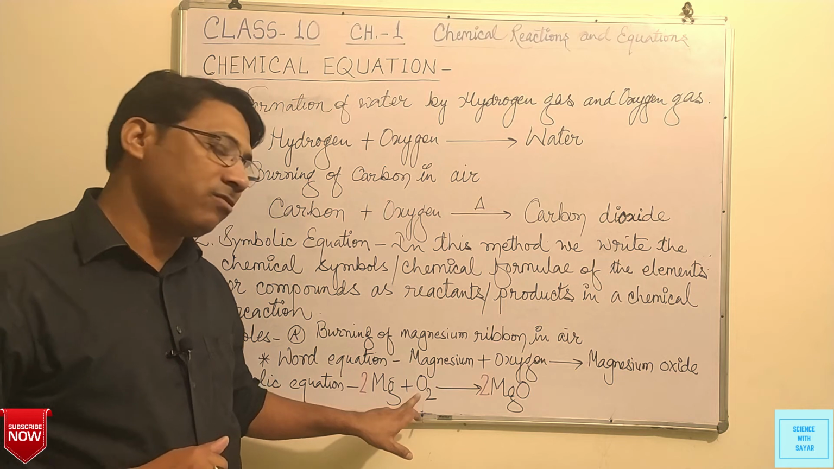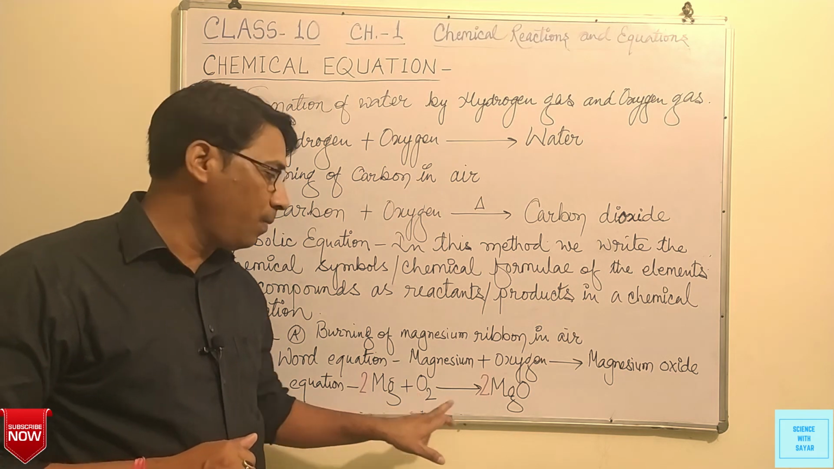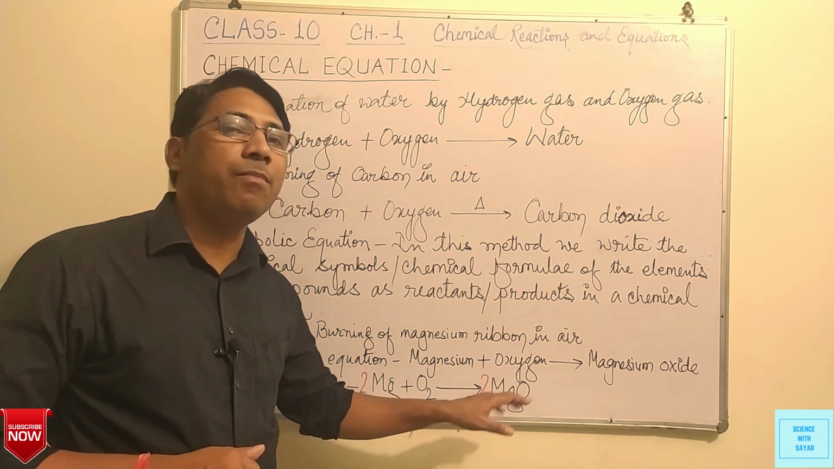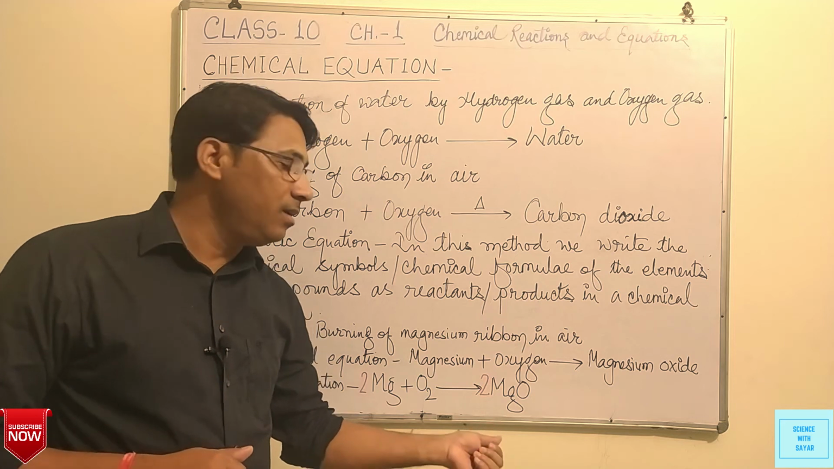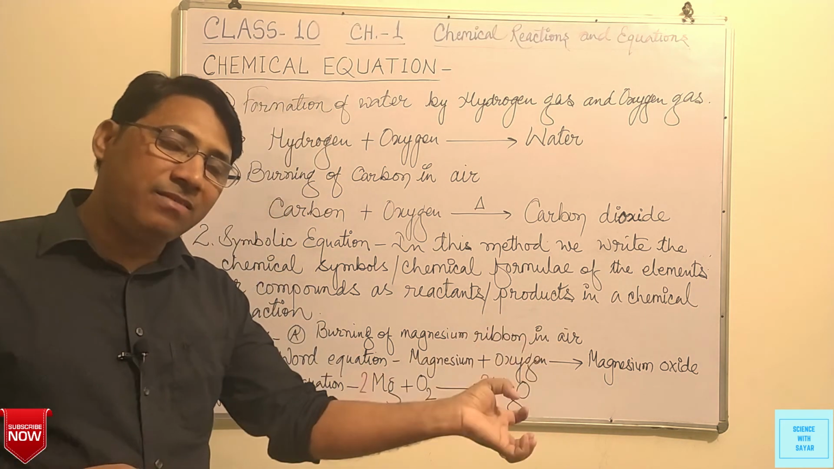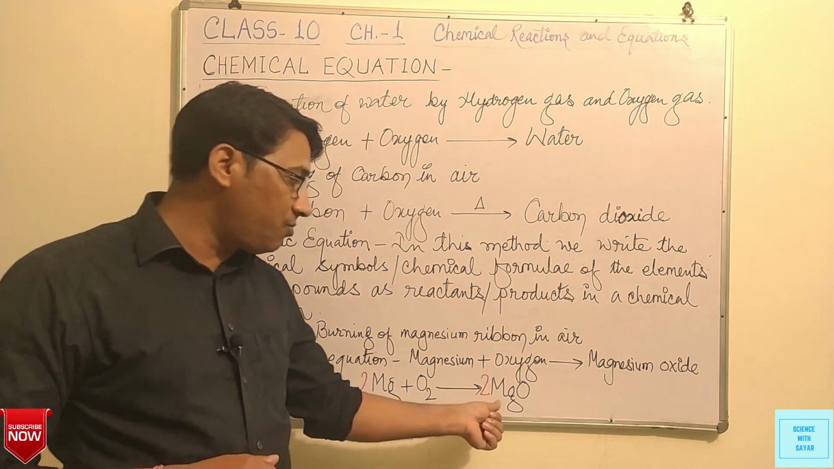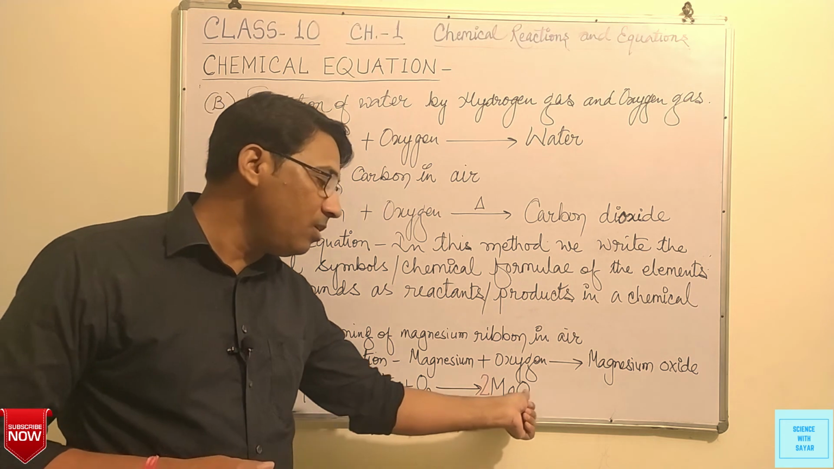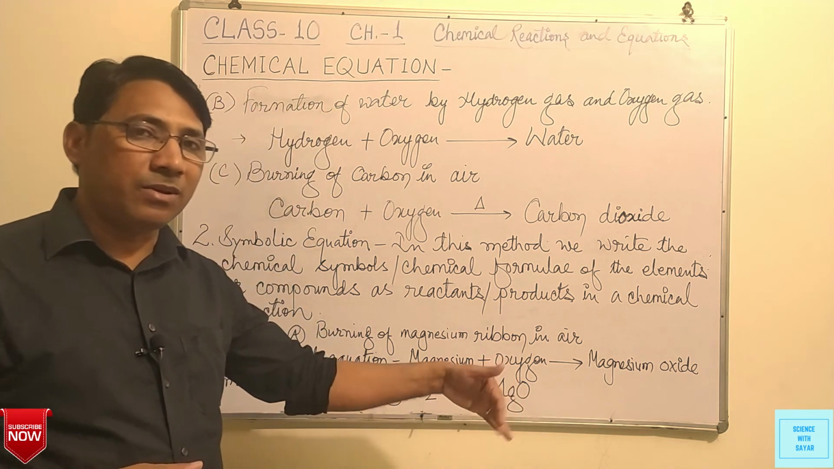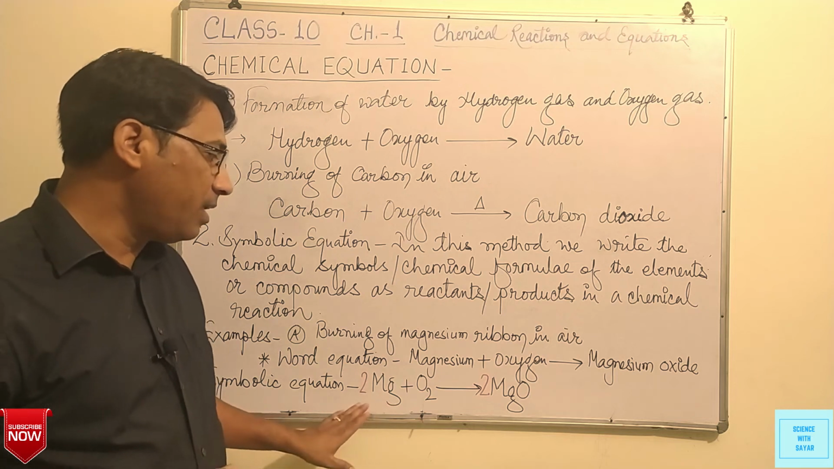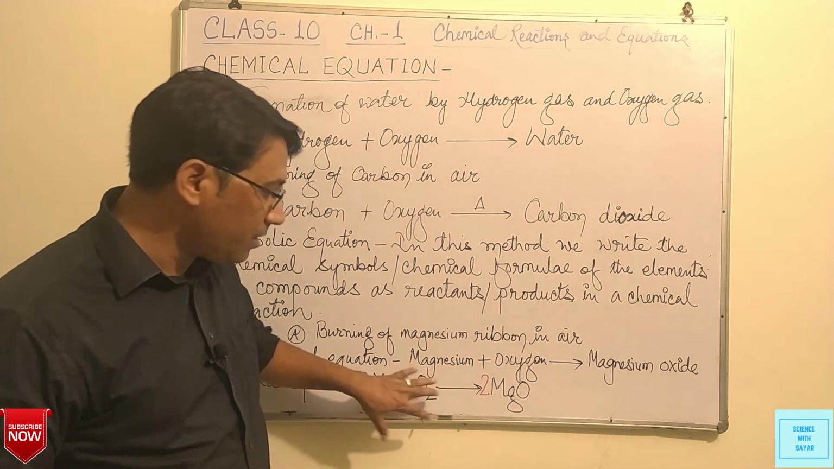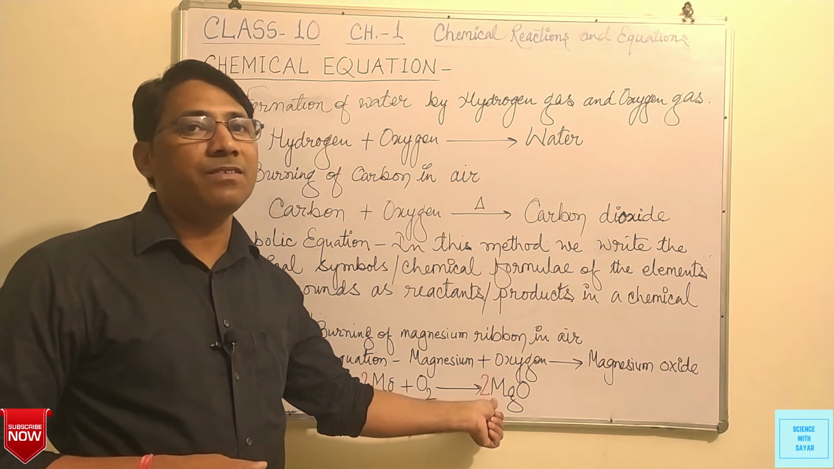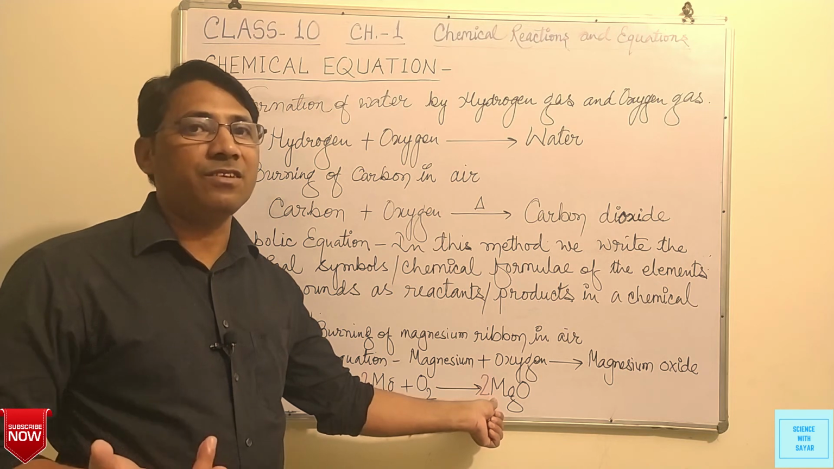And oxygen gas is O2, and the new substance or product that is formed is magnesium oxide, which is a combination of magnesium and oxygen. So its chemical formula is MgO. In the further section we will study that in this chemical reaction, on both sides of the arrow, the reactants and products, the number of atoms should be equal. In that case it will be balanced, otherwise it will not be balanced. So to balance,